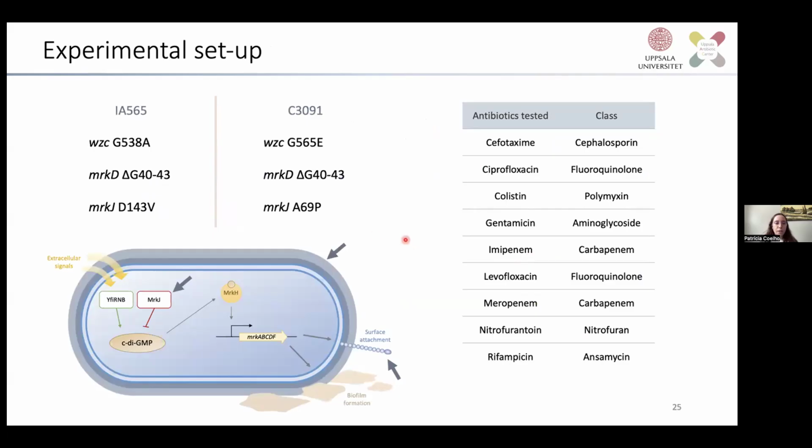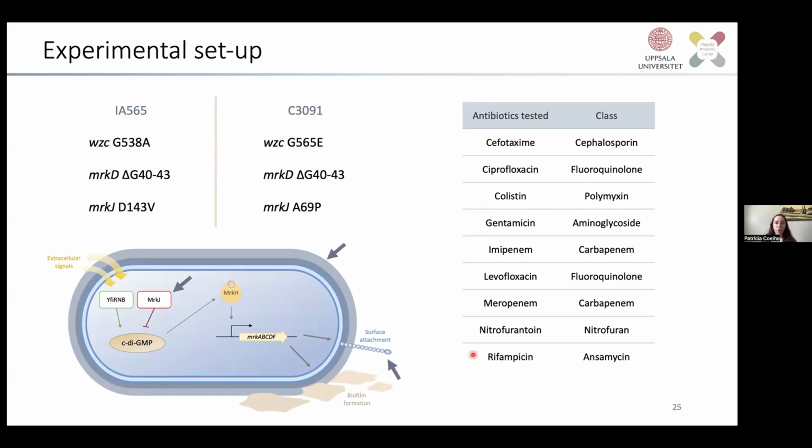I chose one representative mutant from each of these targets and one or two of the parental strains that we studied before. So we have the respiratory one here and the one from the UTI infection, and a WZC, an MRKD, and an MRKJ mutant. And we exposed them to antibiotics of different classes so we can get a broader picture of how these biofilms